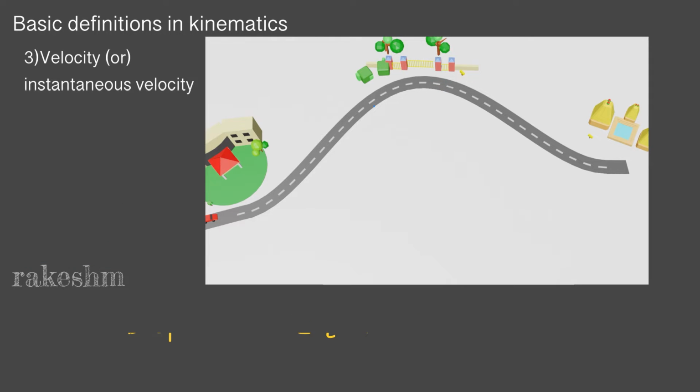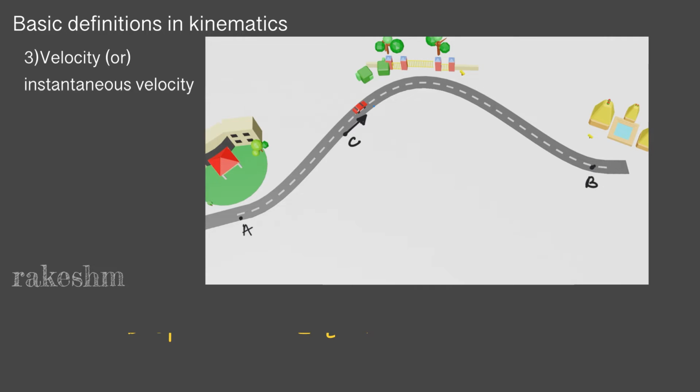The next we'll be covering is velocity or instantaneous velocity. So let us just take a look at this object. This object is going from A to B here. Now, what is instantaneous velocity? We have discussed speed is the short distance divided by the short time. Let us say the object was at C here. Okay, it moved a very short distance from here to here. So this short distance divided by the time is speed.